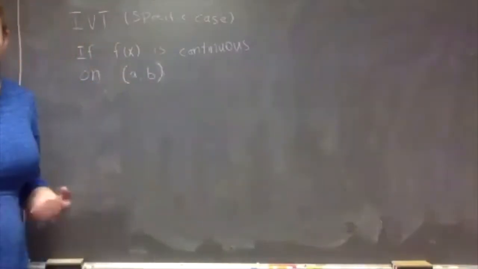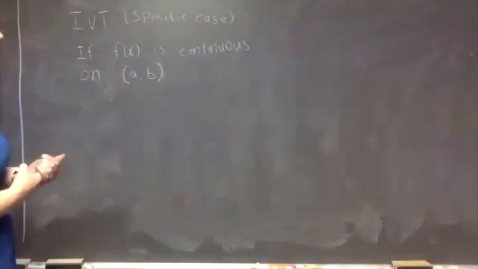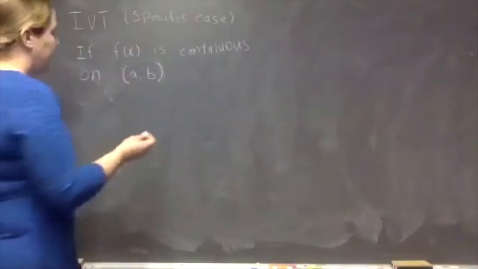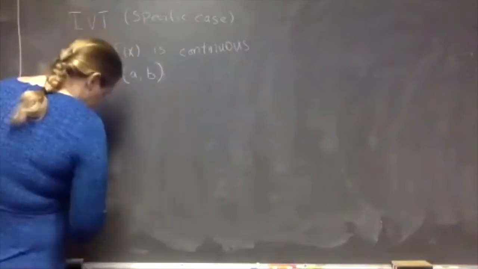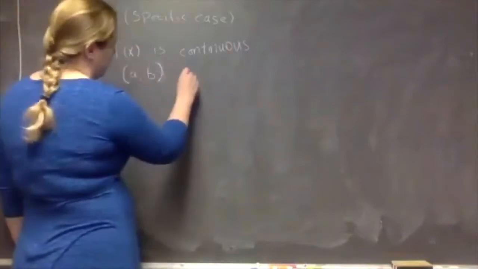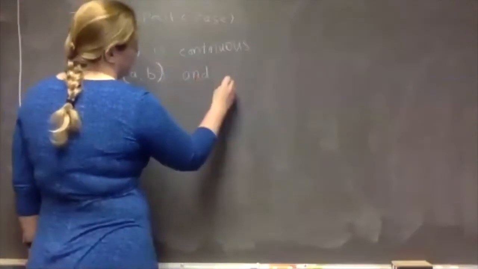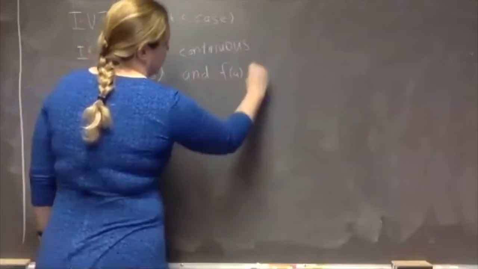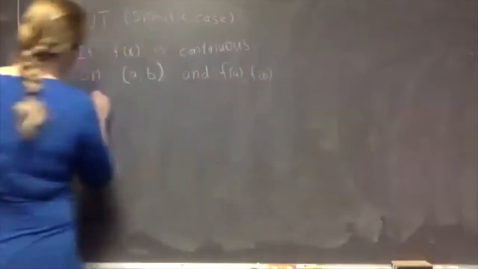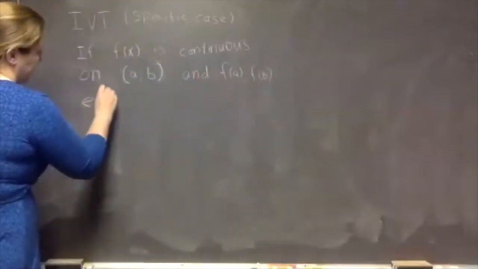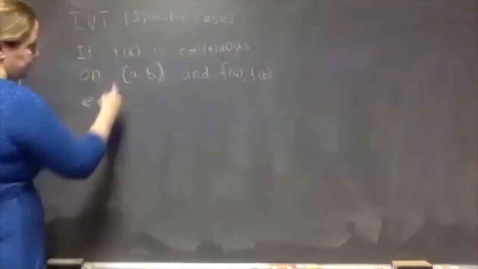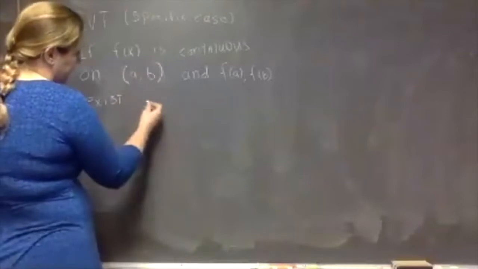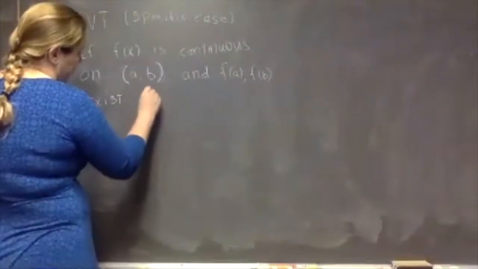I guess for continuity, we don't have to. Right, we wouldn't have to. But it needs to be defined on a and b. So if it's continuous on this interval, if f of a and f of b exist, and